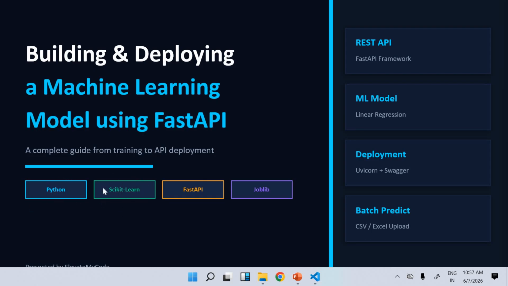In Python, Scikit-learn is one library for the linear regression model. FastAPI helps you to execute your model, and joblib is one library which helps you deploy the model. Scikit-learn is not for deploying the model, it is for the machine learning linear regression model. So these are the libraries that we use. First, a REST API should be there, and the linear regression model deployment using Uvicorn, plus Swagger,